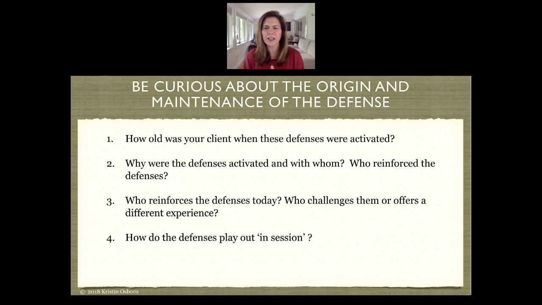How old was your client when the defenses were activated? Why were the defenses activated and with whom? Who reinforced the defenses? Who reinforces them today? Who challenges them or offers a different experience? And more importantly, how is it playing out in session? Because